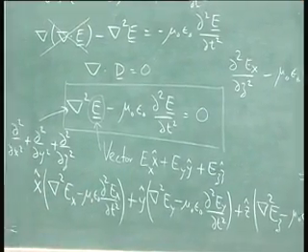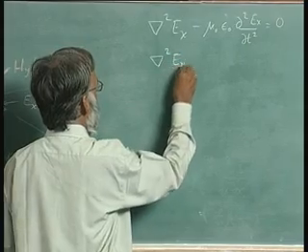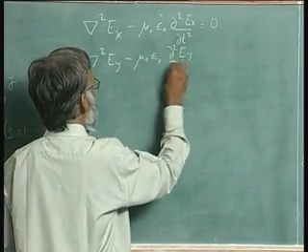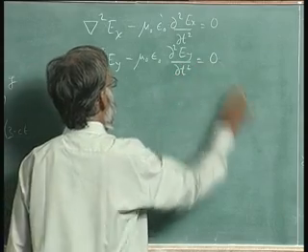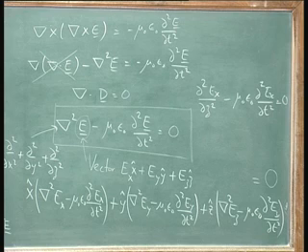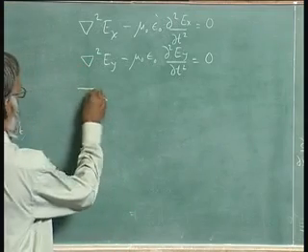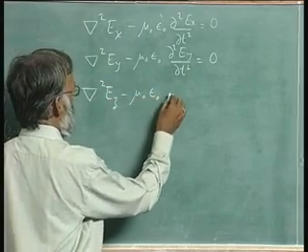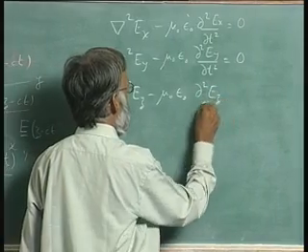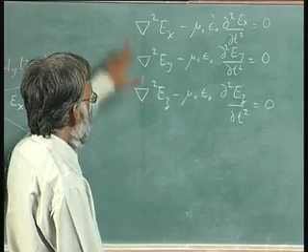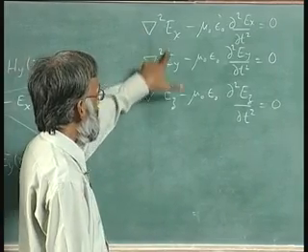Then I have del squared E y minus mu naught epsilon naught del squared E y del t squared equals 0. That came from setting this to 0. And finally, del squared E z minus mu naught epsilon naught del squared E z del t squared is equal to 0. So I now have 3 equations in 3 scalar fields,